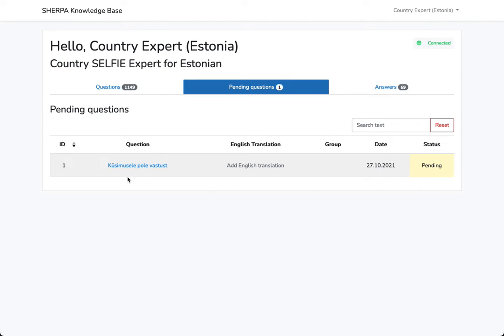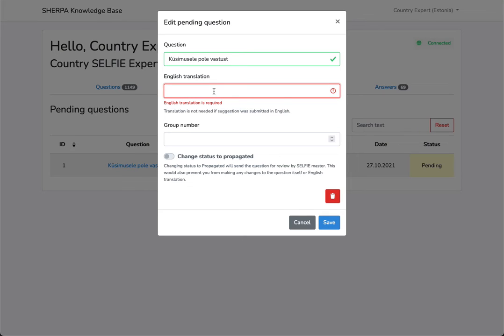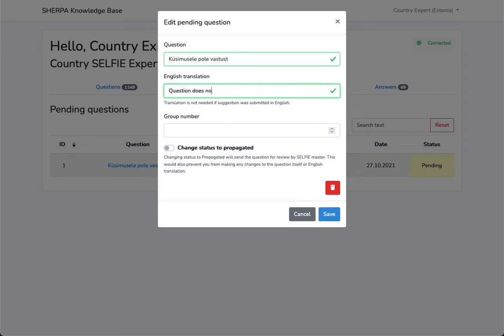So we can see that there has been a suggestion made and the status is set to pending. Pending means that no experts have dealt with it yet. So let us just click and add translation to English. We've added the translation. We can also set the status to propagated, which will make it available to the selfie master,